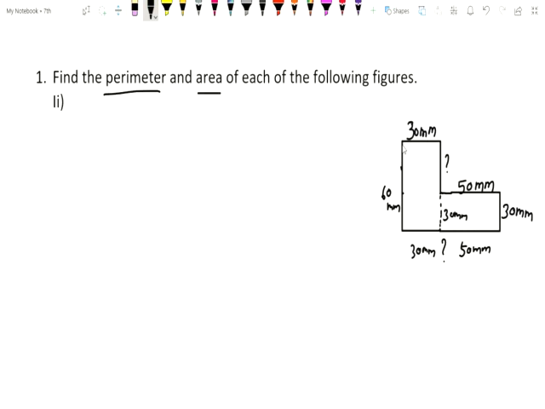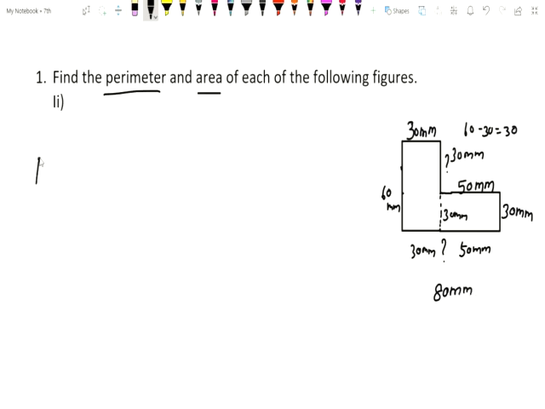Okay. And the total length is, this is also a rectangle. So opposite sides are equal. This 60 means this also 60 only. But here till this 30, so here remaining 30. 60 minus 30, how are you getting? 60 minus 30 you are getting 30 millimeter. Now here the total length is this whole distance we need to find. So 30 plus 50 you get 80 millimeter.